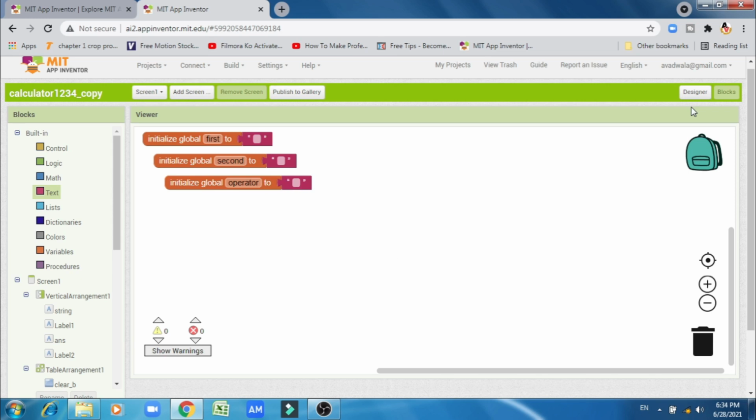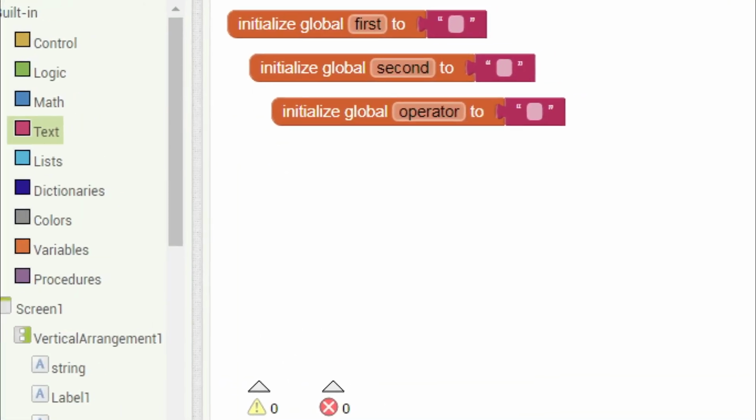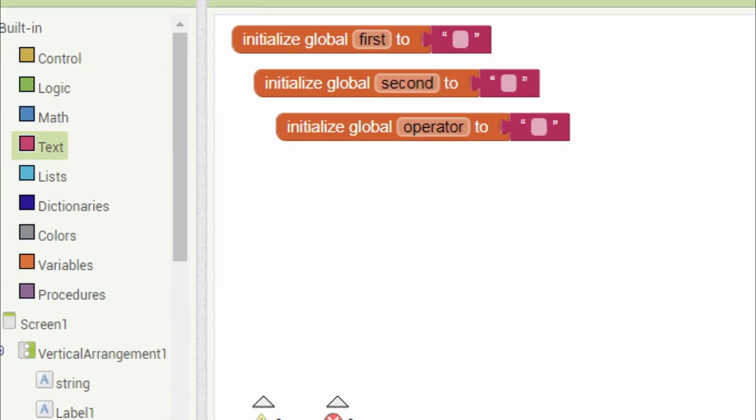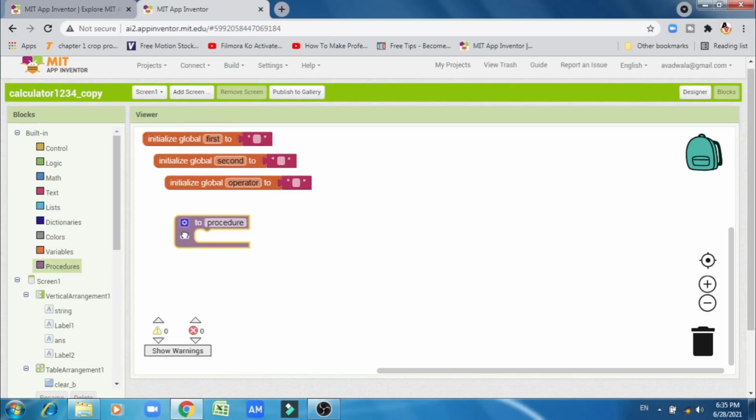After this we have to code a procedure for the calculator to set the user's input in a variable. So here a procedures compartment is there. Drag that do procedure block and give it the name set input.